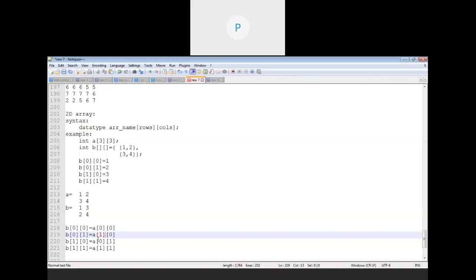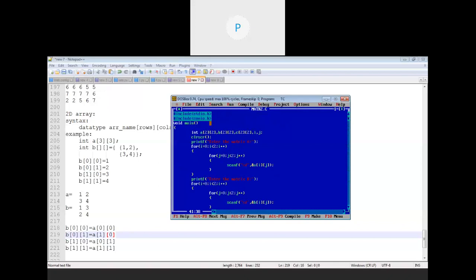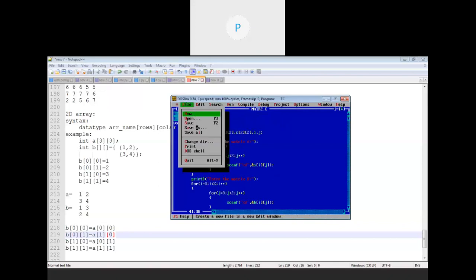Like you can see 0 1 is nothing but 1 0, and 1 0 is nothing but 0 1. So simply we get the formula for the transpose of a given matrix: we just have to interchange the rows and columns, which are represented through I and J. Okay, so let's see how it will be printed.